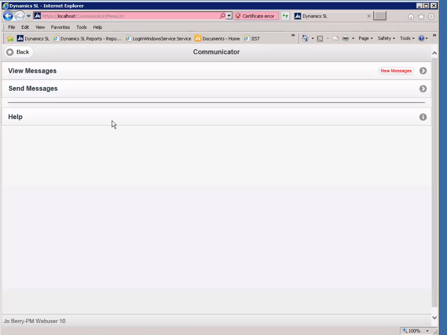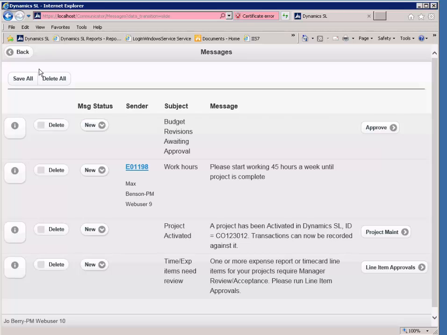We're going to review the view messages. We will review the different types of messages that have been automatically generated through the course of the business workflow. Under the subject column, note we have a budget revisions awaiting approval. This means the user is the approver for a particular budget revision generated in Rich Client. Notice the Approve button. We can click this and it'll take us to Document Approval screen where the user may